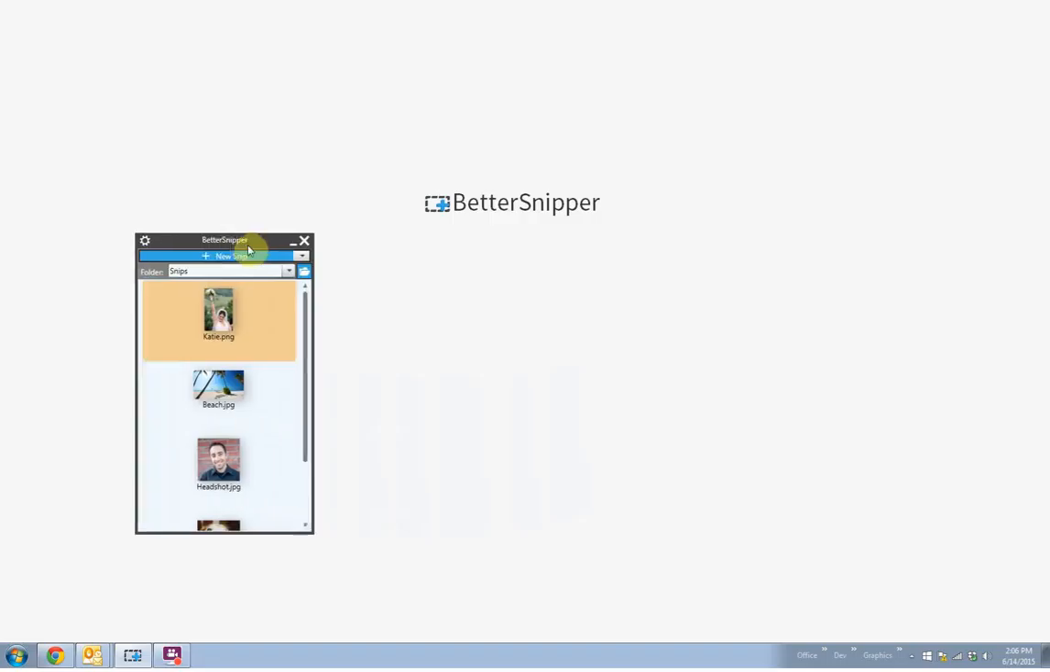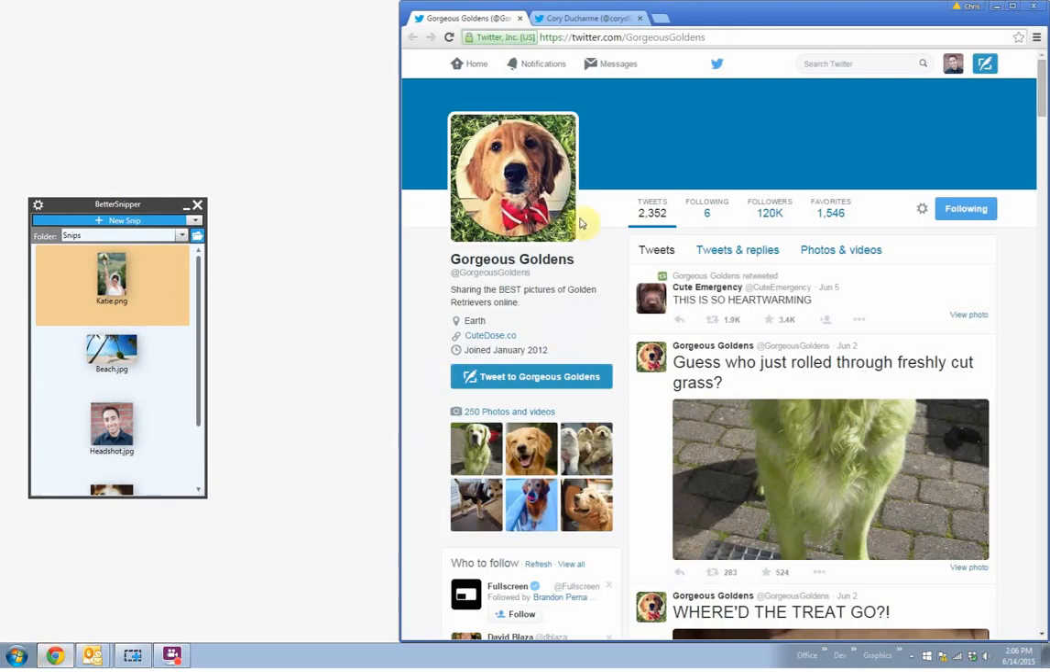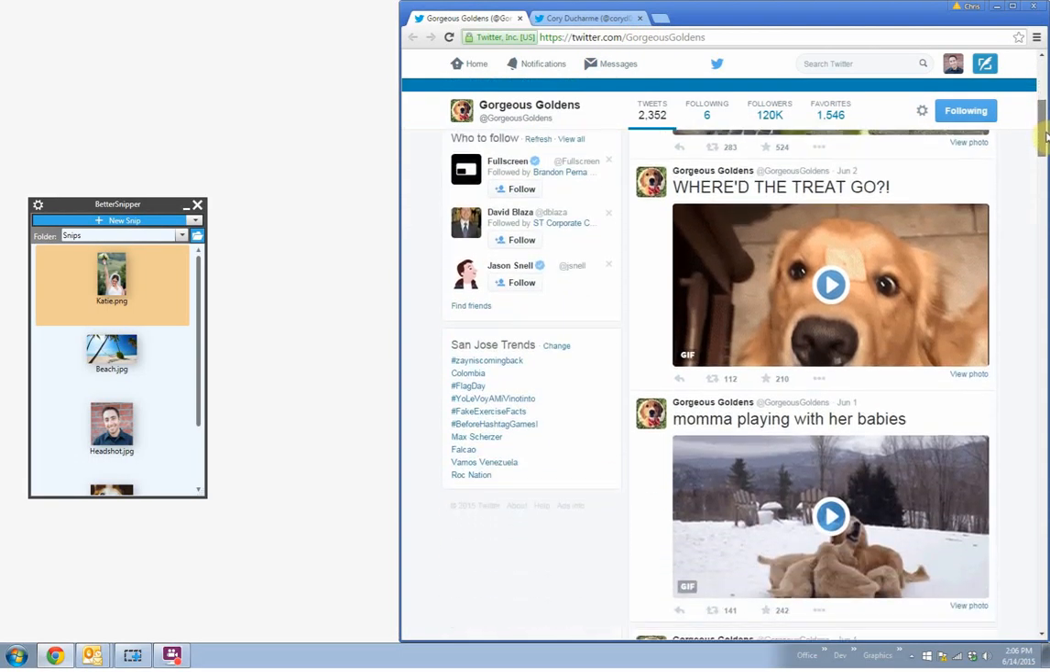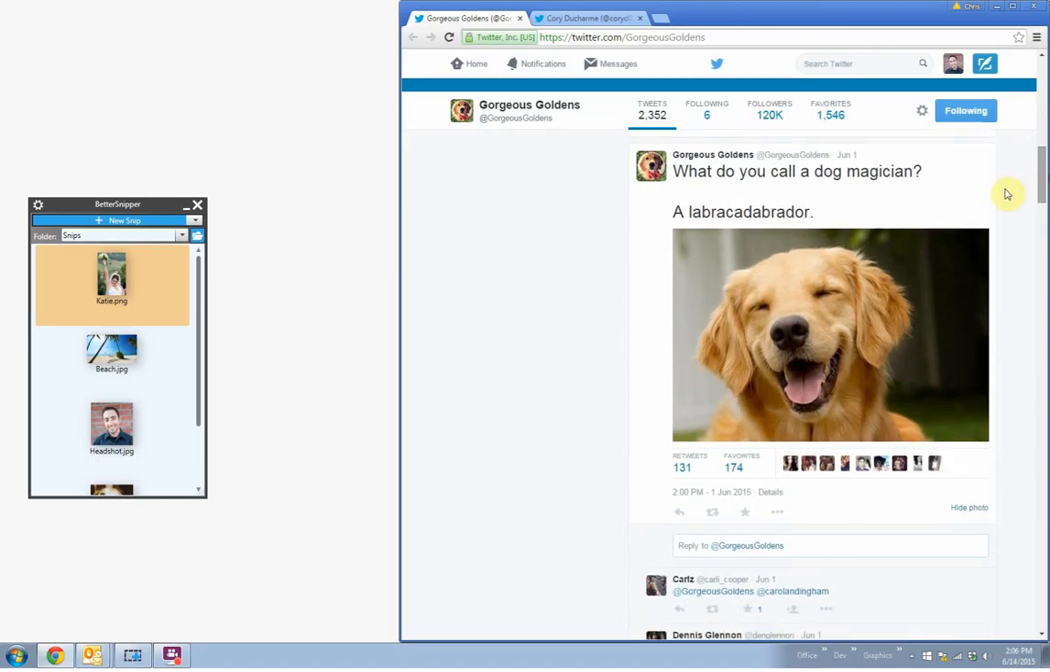I'm just going to drag BetterSnipper off to the side of the screen, and I'm going to open up our web browser to one of my favorite corners of the internet. This is twitter.com/gorgeousgoldens, probably one of the best websites on the internet. Now, I can scroll through here and I can see some adorable pictures that I'd like to save and archive